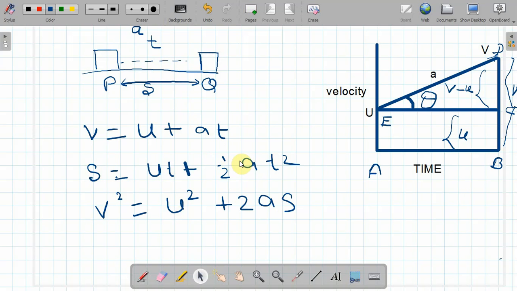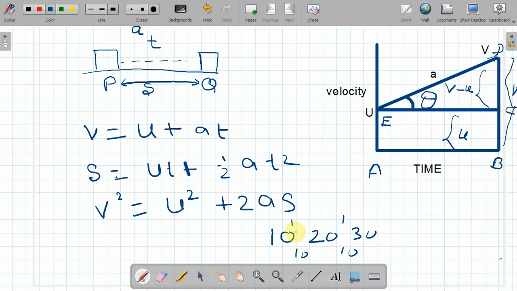Suppose I make you understand through this: a particle keeps changing its velocity, say 10, then 20, then 30, every second. Then the acceleration in the first second is 20 minus 10, that is 10 by 1; then again 30 minus 20, again 10 acceleration, if it is happening per second.